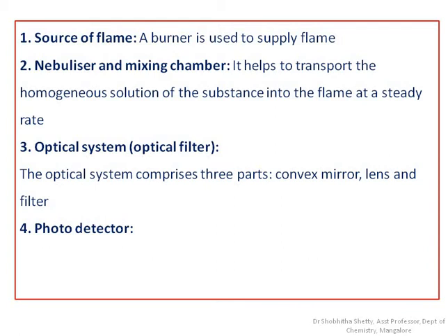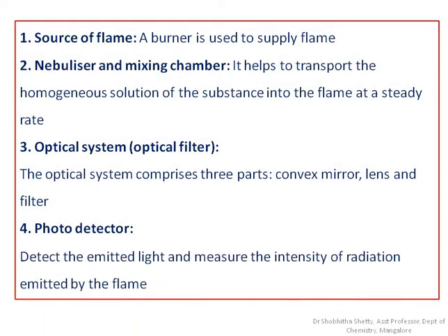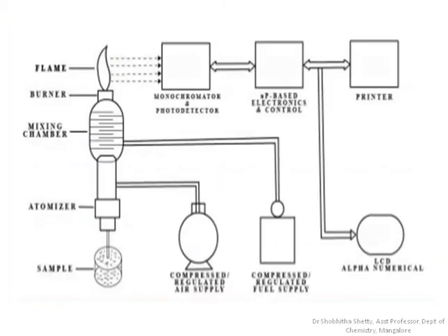The emitted radiation is converted to an electrical signal with the help of the photo detector, and these electrical signals are directly proportional to the intensity of the light emitted. So these are the four major components of a flame photometer: source of flame, nebulizer and mixing chamber, optical system and photo detector, where you can see the typical diagram